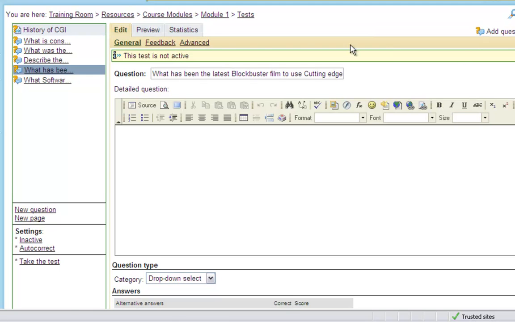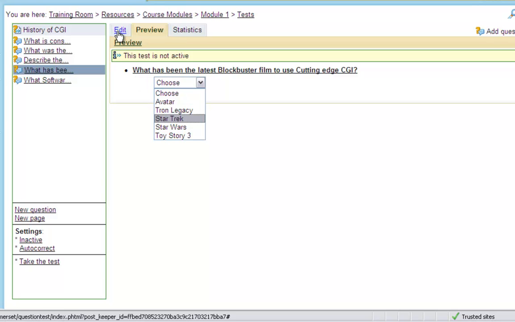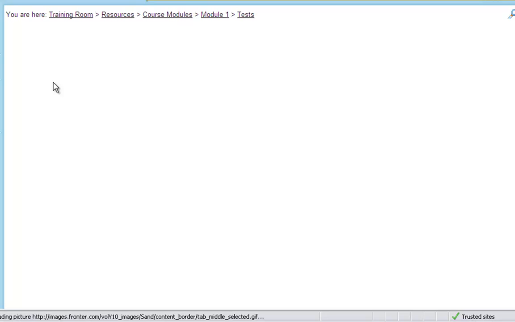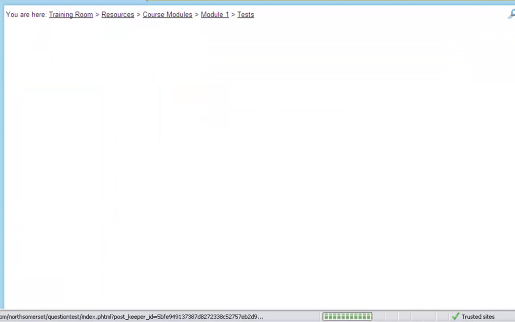the question, what you'll see is you get a question, and rather than a multiple choice you get a drop down box, and you choose which is the right answer with the drop down box rather than putting a radio button in. Let's go back to edit, and the last question is a bit of a trick question. I've thrown this one in purely to show you that you can have more than one answer. So the question is which